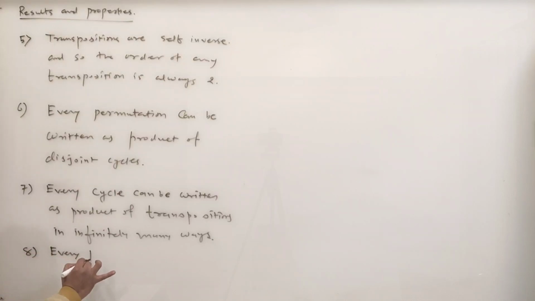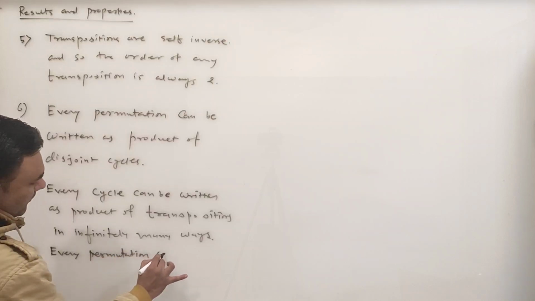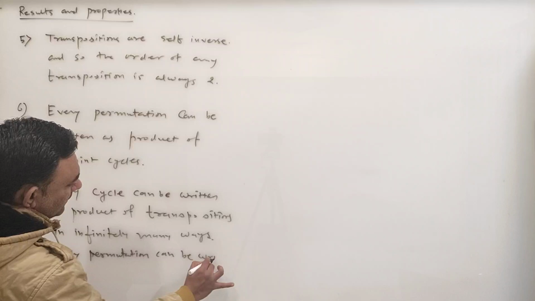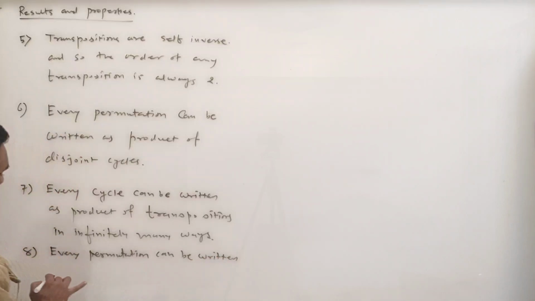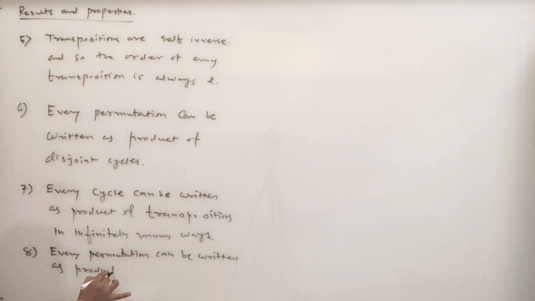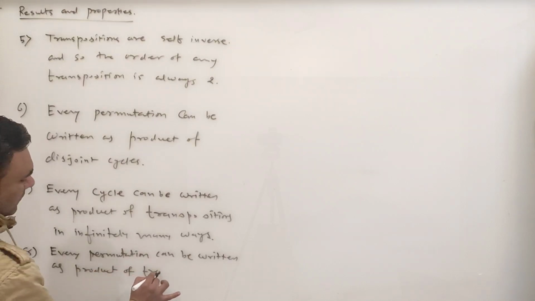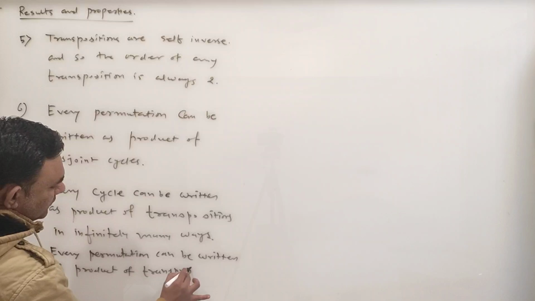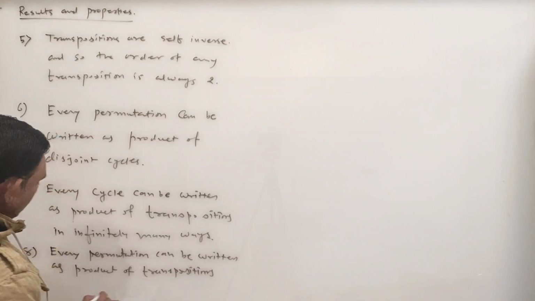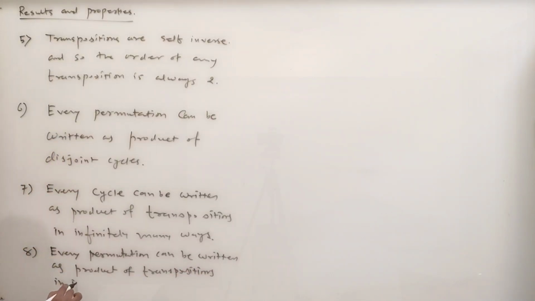So हमारा next result बनता है 8: every permutation can be written as a product of transpositions in infinitely many ways।